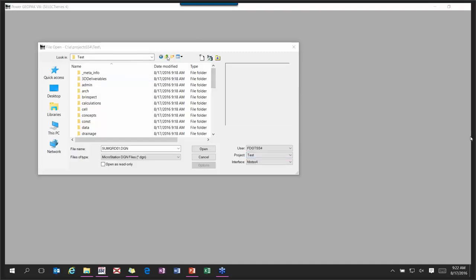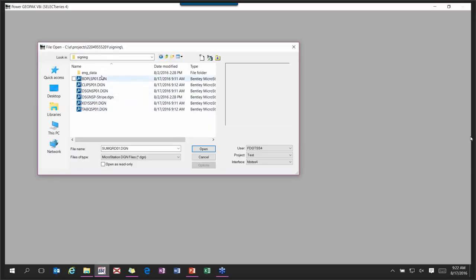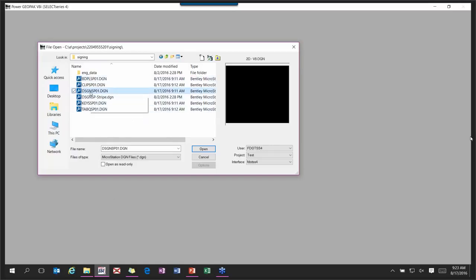I'm going to go back to the other directory for today. All right, so I'm going to go into signing, and here are all these files that I just created. So I'm going to open up my DSGN-SP file and tell it to open. And it's going to take us a second. And while it's doing that,